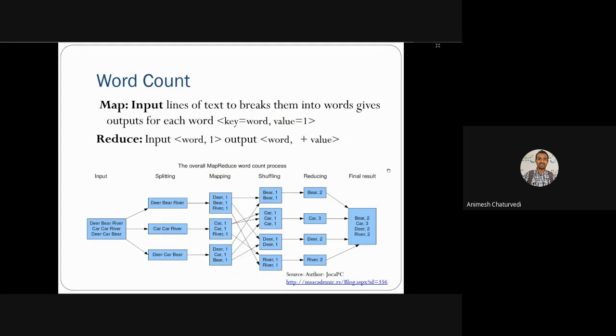Thereafter, word count is a simple example we will see, and you have to code these two things, mapping and reducing. These two are the most important code that you have to write.